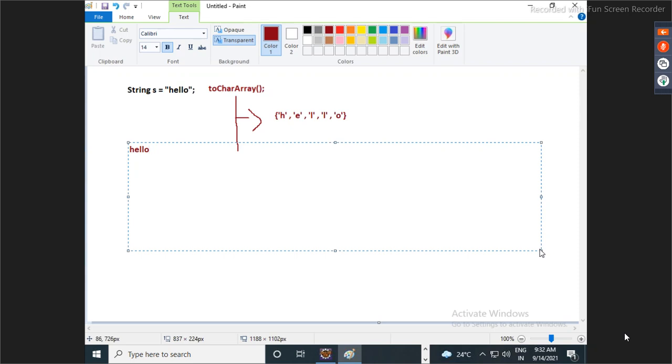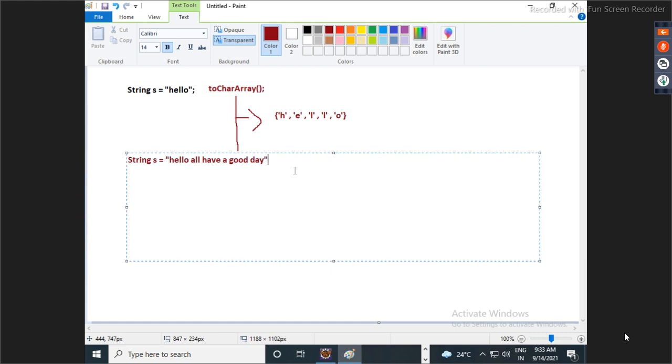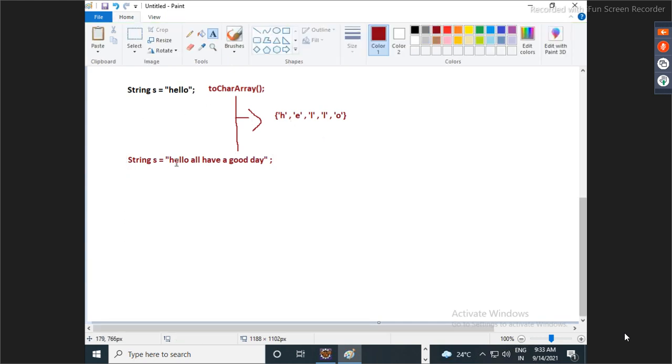Let's say string s equals "hello all have a good day". Something like this. This is my string. Now I want this string.